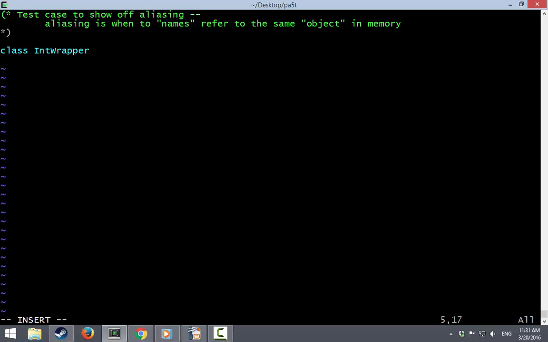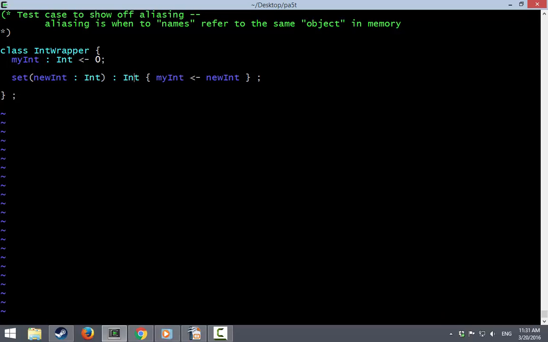I'm going to have an int wrapper class that will have an integer field, and we'll have a way to set this field with a new int, and we'll see what we want to return later, but my int will get this new int, so I guess we're returning an integer. We'll have a way of getting the current value,